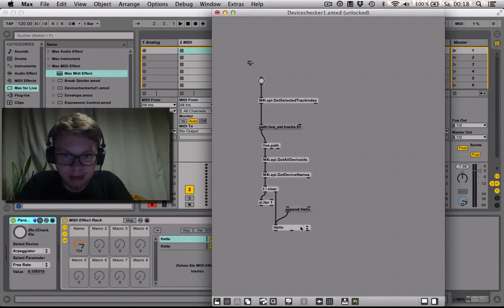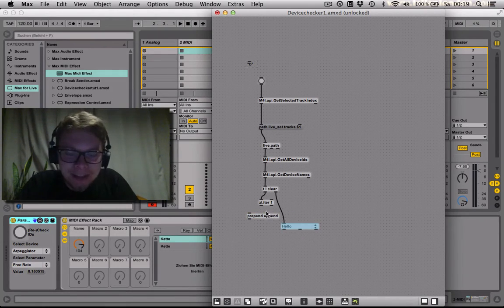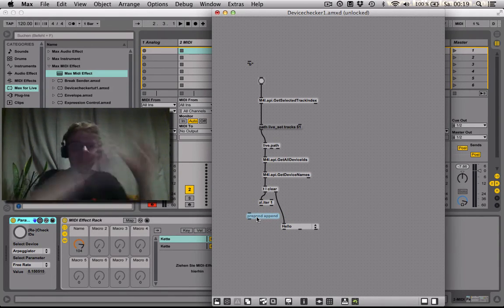When I hit it again, a second hello appears. Now in our case, we have the entries that we want, but we still need the append. You can use prepend. What the prepend object does is it puts something in the beginning of